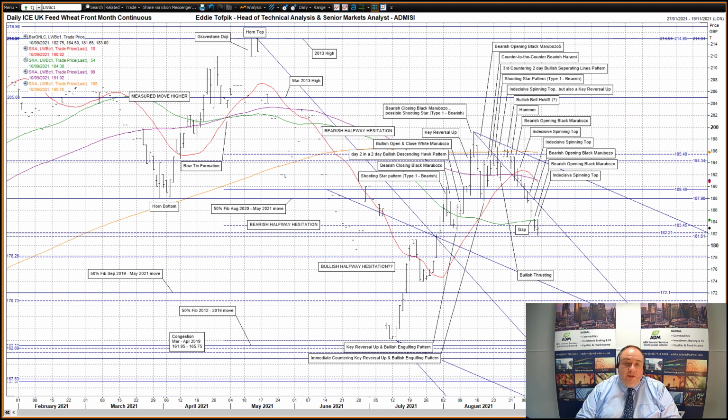London UK feed wheat. Since the market peaked up over the flatlining long moving average, currently at 195.80, and actually failed to make a single close over it, prices have dropped away. The last 2 weeks we've seen prices dip and close below the medium moving average, currently at 191 even,